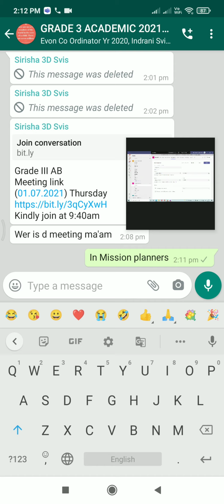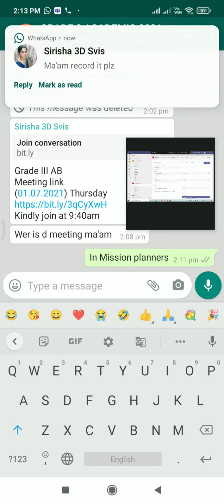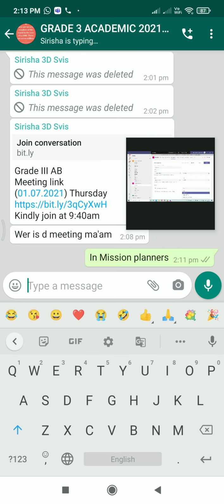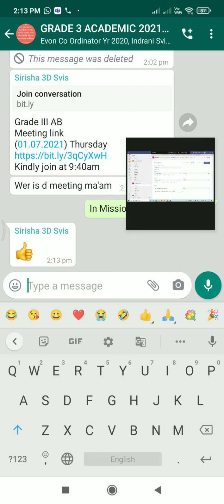Yes, ma'am. Yes. So now coming to the calendar. See, every child is having a calendar. So this is again optional. You want to put, there is add assignments to calendars. You can add it to all the students, or only students and yourself, or all the owners and students. So the notification will be there in the child's calendar also. I think many parents are aware of how to use Teams, and they know the calendar usage also. So they will get a notification. You can choose students and me, or students only, any of the options. Even if you don't give, it's fine.